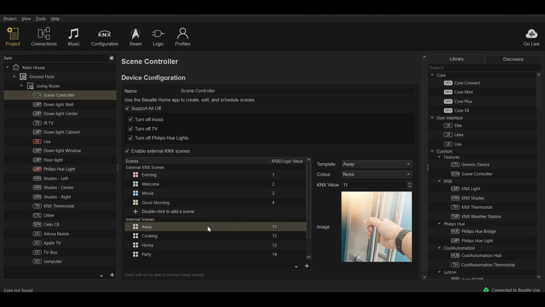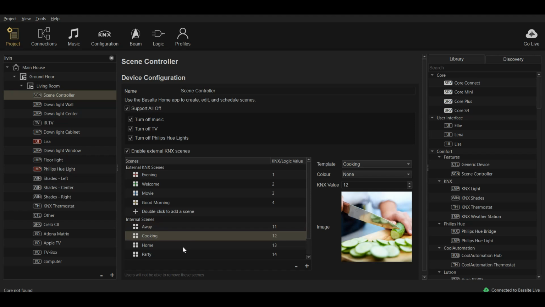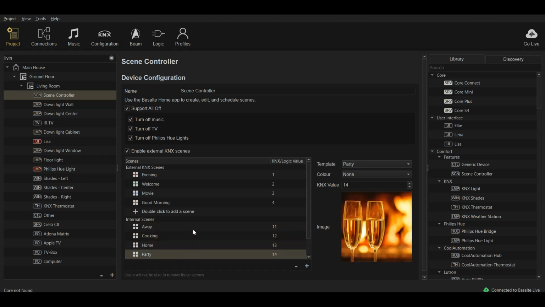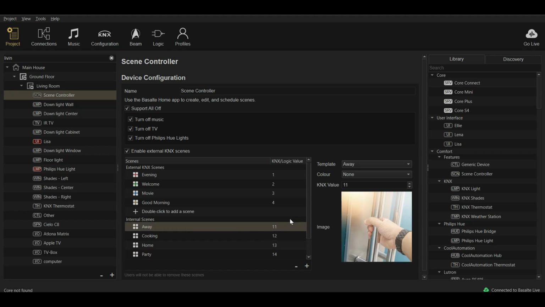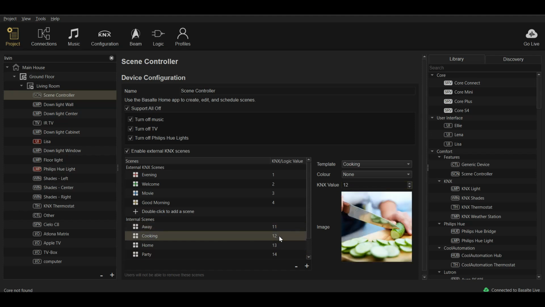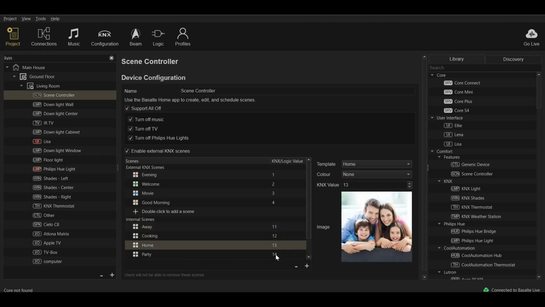So what we do, we create these scenes. I've created just internal scenes because we're looking at server-based scenes, and we've got away, cook, home, party. Now the reason I've created these ones, these are the ones I'm going to give to the customer. In this scenario, the customer can make their own scenes, but when they make their own scenes inside the visualization, they can't be linked to KNX. These ones are going to be linked to KNX because I've created the scene, I've said what the scene is, and I've got the KNX value. So I've got the scene number value, 11 for away, 12 for cooking, 13 for home, and 14 for party